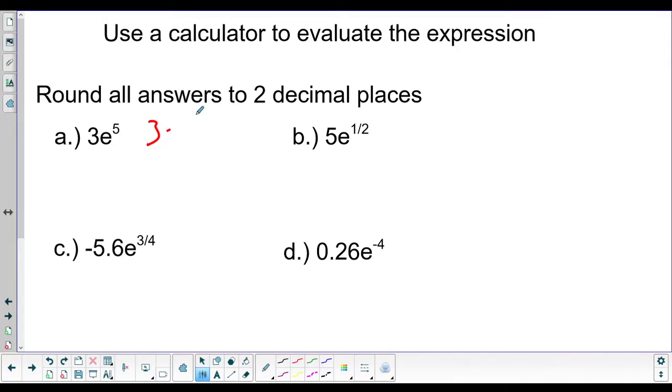And then it'll give you either e with a little box, or if you have an older calculator, it'll say e up caret parentheses. And then you'll put the exponent in the parentheses. So we'll put the 5 in. We're just going to have 3 times e to the power of 5. Hit enter,